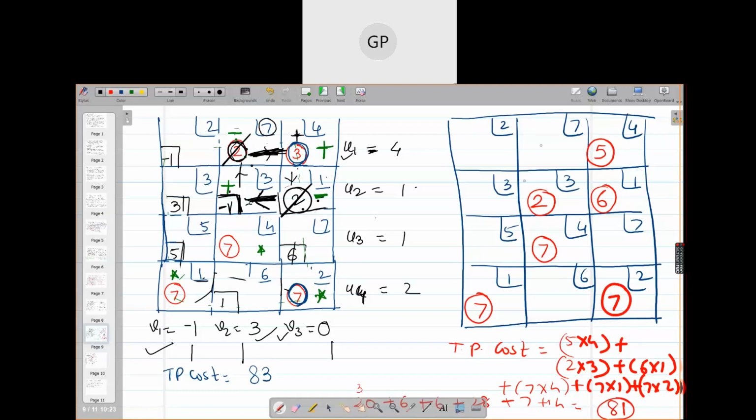Now, what has happened? This cell, I am marking it as star, it has become unoccupied, and this cell has become dotted, occupied. So the number of cells is getting balanced here. Again, you get the same number of allocations.